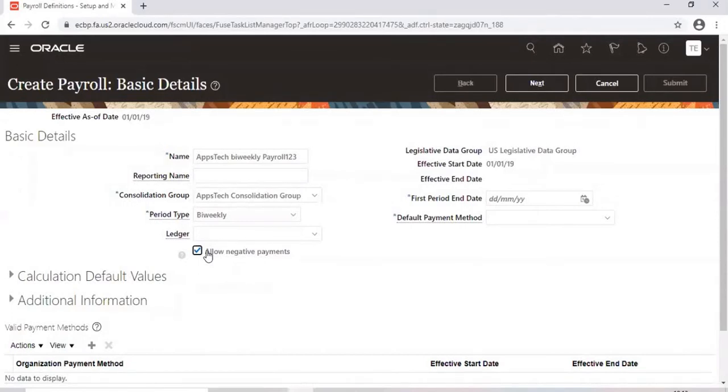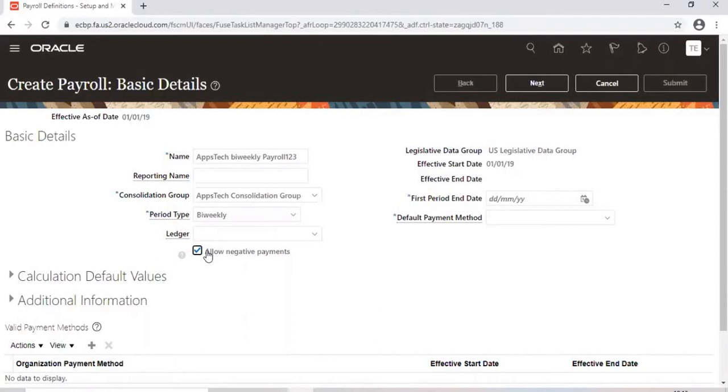Now when I run the prepayments process, we are going to talk about all these processes. We have sequential payroll processes available, like retro process, payroll process, prepayment process, transfer to accounting process, like that. When you run the payroll, payroll is going to be processed for all the employees, whether it is a positive amount or negative amount, that's fine. But when I run the prepayment process, if I enable this checkbox, that particular negative amount is going to link to the corresponding bank account. We will talk in detail about this when we talk about the prepayment process.